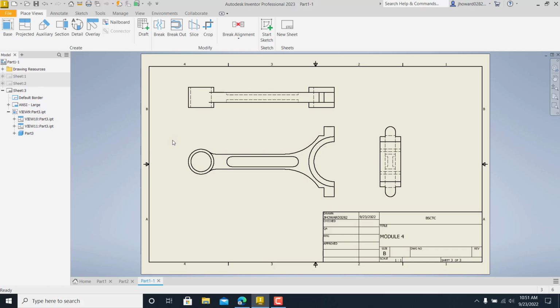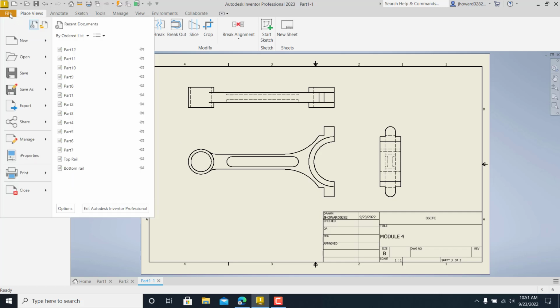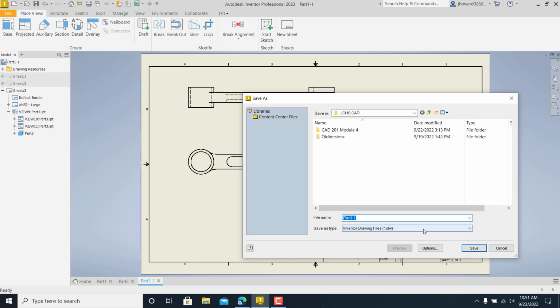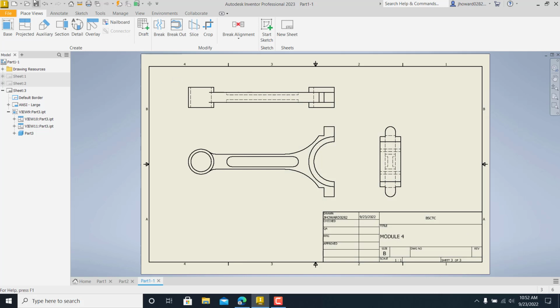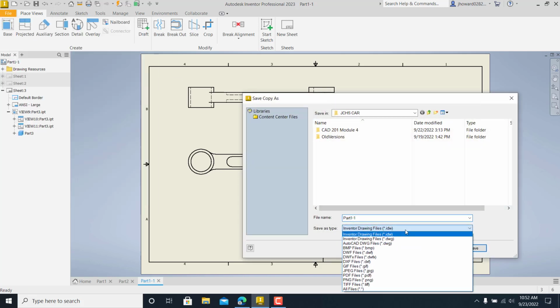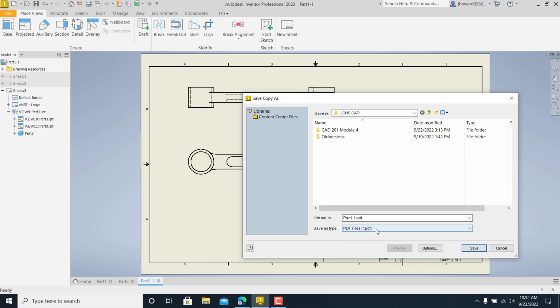And after you get all 12 sheets in, just go File, and do a Save As, and come down here. You want to save it as an IDW, save that for yourself, but then I want you guys to do something else for me. Save this one as, you know, Module 4, but then I also want you to go File, Save As, Save Copy As, and I want you to make it as a PDF for me. So you come down here, PDF, and that's how I want it to submit it as a PDF, and I want to type in here Module 4,